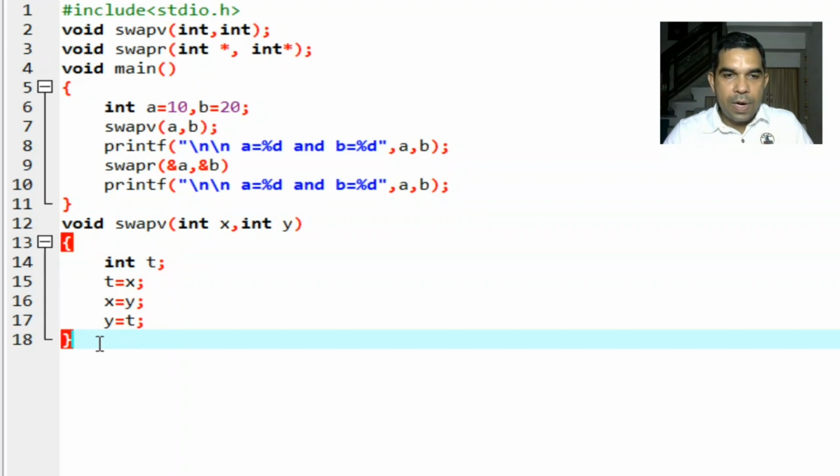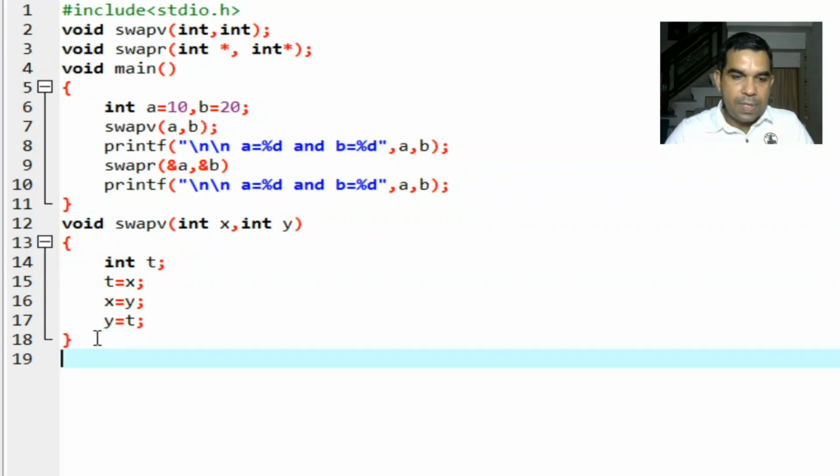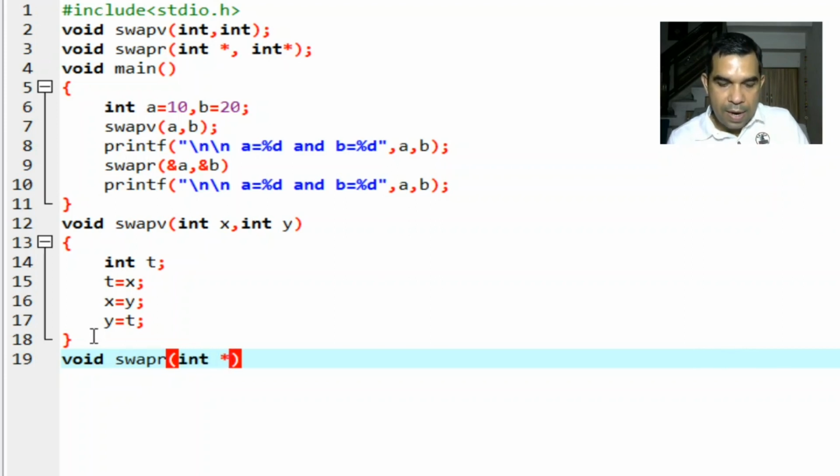And now we will write the body of the second function, that is void swapr. Now what are we passing? We are passing addresses. So here we will declare int *x, int *y.